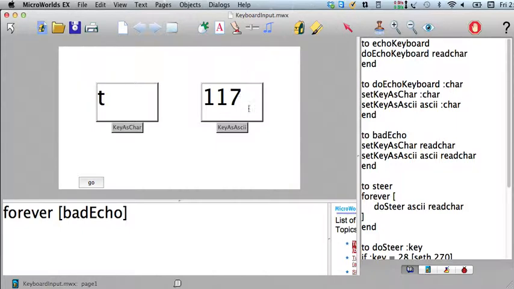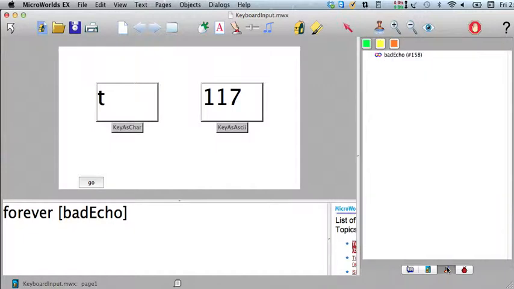U, so I changed the ASCII there, but I didn't change the character. So what's happening is I'm saying set key as char. It's waiting for me to type in a character, and then it just changes this guy. And then it goes to here and waits for me to type a character, and it puts that ASCII in there. Okay, so this is a bad